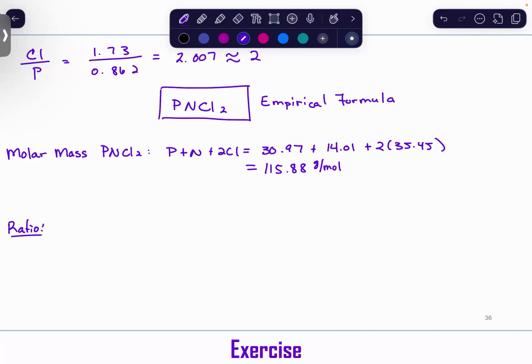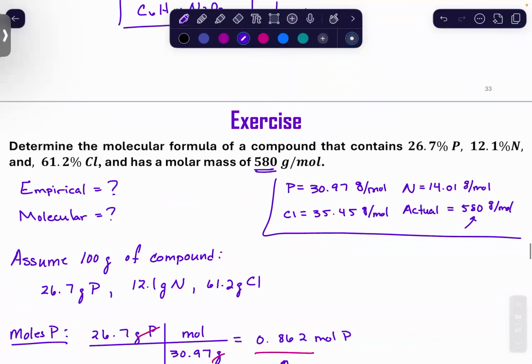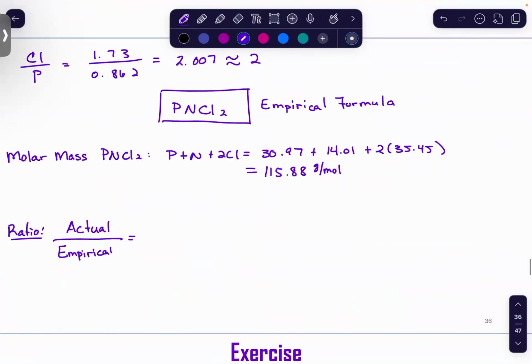And now I'm going to do my ratio of my actual to my empirical. So remember, my actual is the 580. 580 to 115.88. That's going to give me 5.005 or about 5. And so this 5, just as we did above, becomes the multiplier of all of my